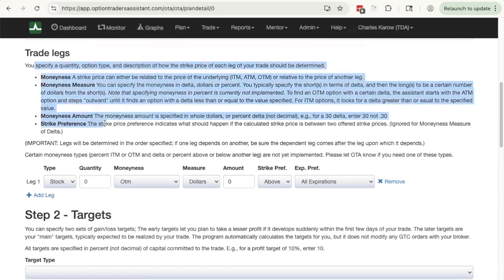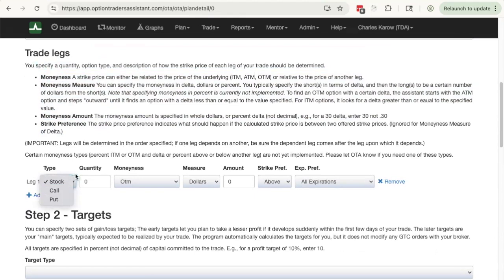Up here, it does describe all of the things you need to put in here, but I'll just go through it quickly. A stock, a call, or a put, a quantity, and long is a positive number and short is